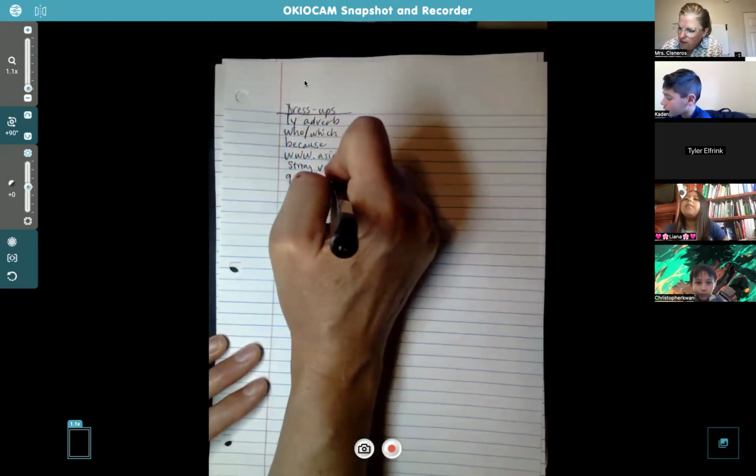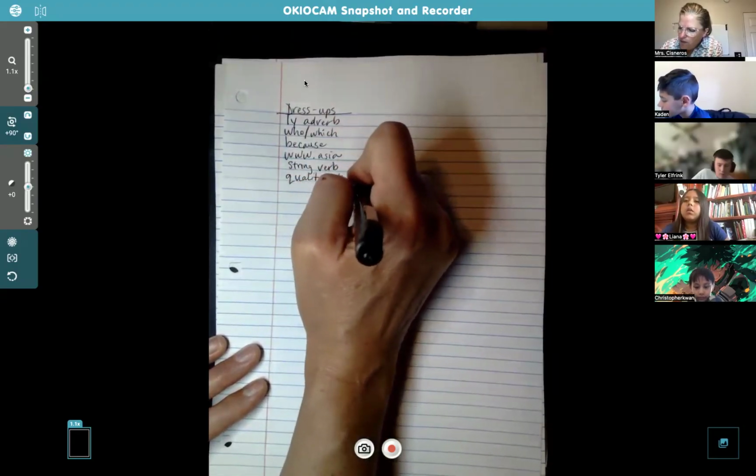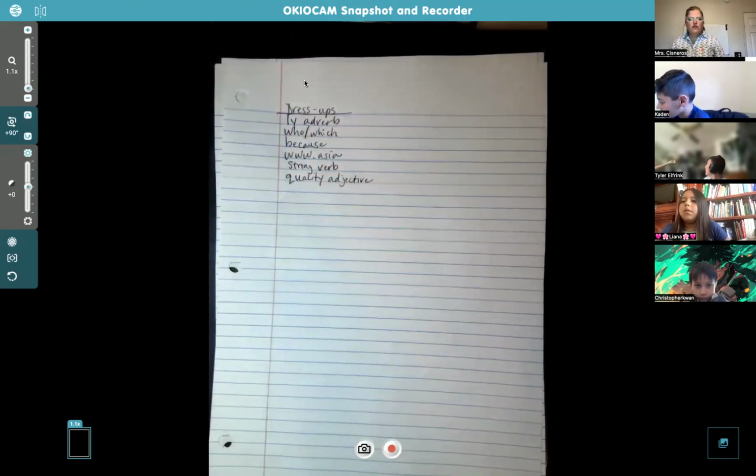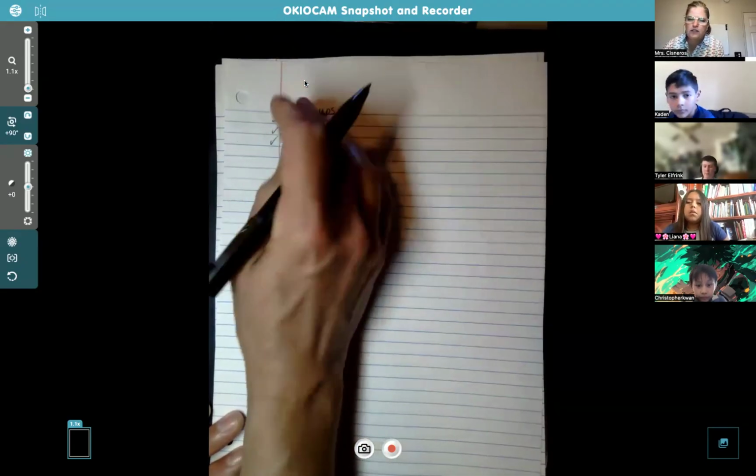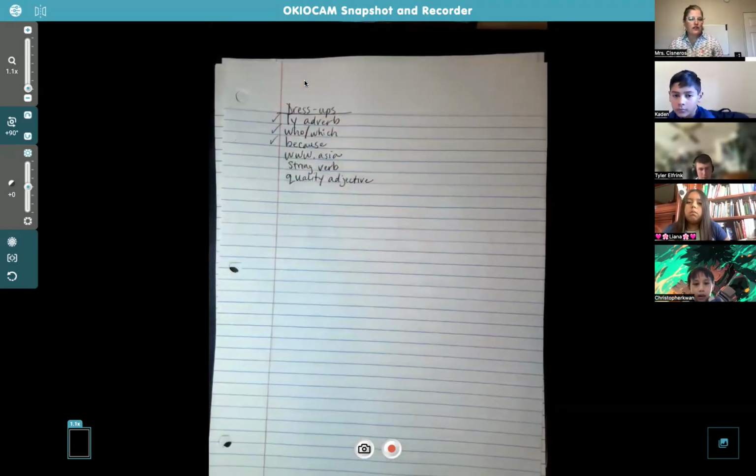So here's the thing. Put what you can remember on your notes, but if you forget some of them, it's okay. Don't stress over that, okay? You're going to use this like your own homemade checklist. So when you get to the point of writing your paragraphs, you can actually put check marks by these so you can remember to include those in each paragraph. This is your homemade checklist for yourself.